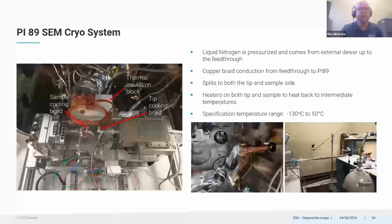We can heat up and control all the intermediate set points. So what we need to do is bring in that cooling power to bring the temperature down. And the way we do that is we have a liquid nitrogen dewar that flows liquid nitrogen up through a transfer line, and it comes inside the SEM, comes to the feed through and splashes against this copper plate that's